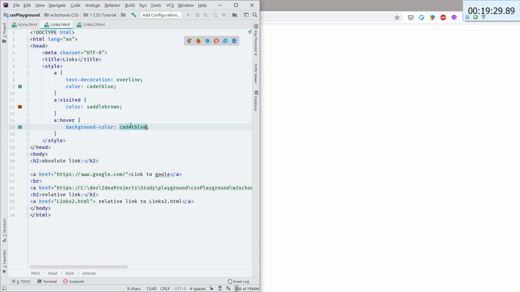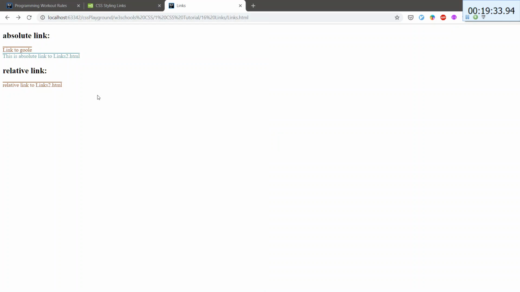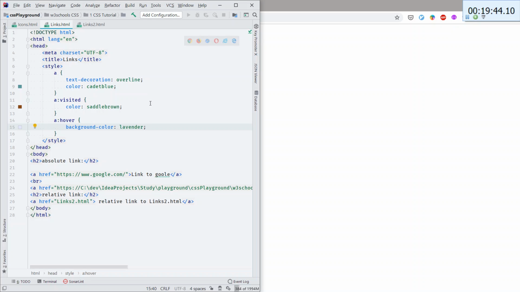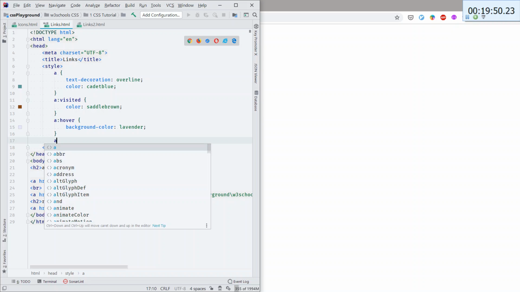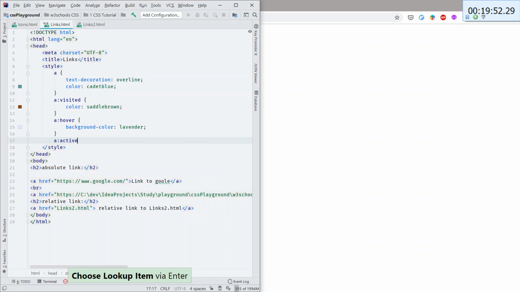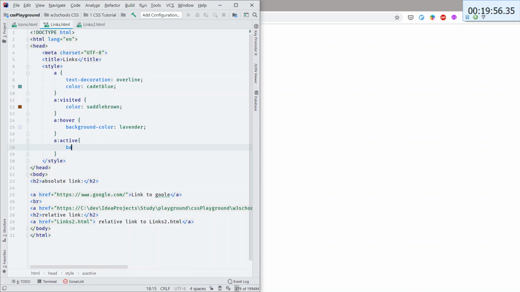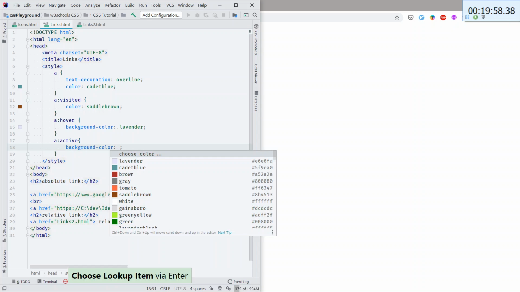I think lavender might be a nice one. Yeah, kinda is. I like the lavender blue or the lavender color. Lavender. Okay, there were 4. So visited, hover. There was active, which we will do background color of